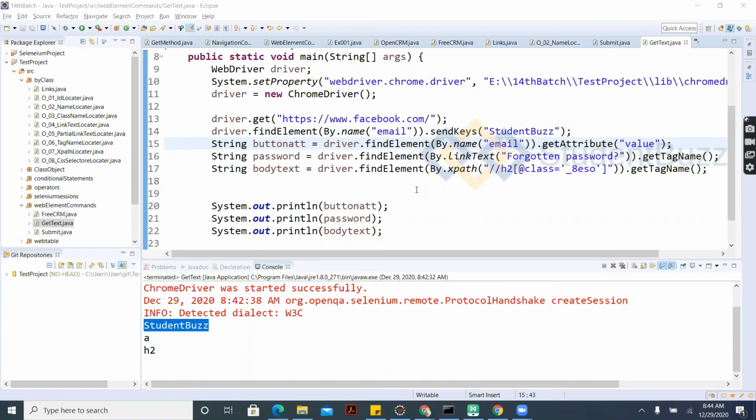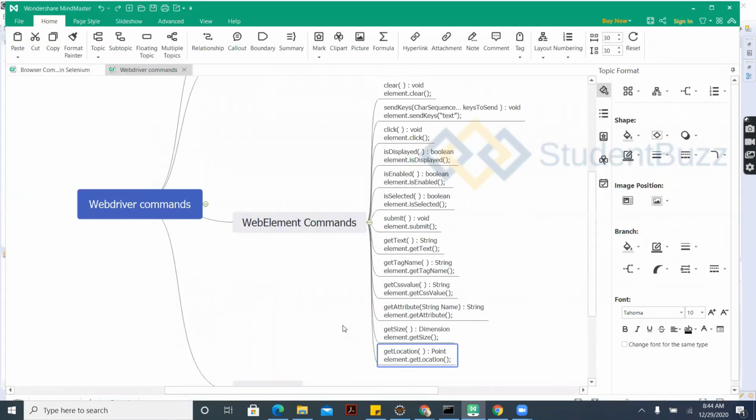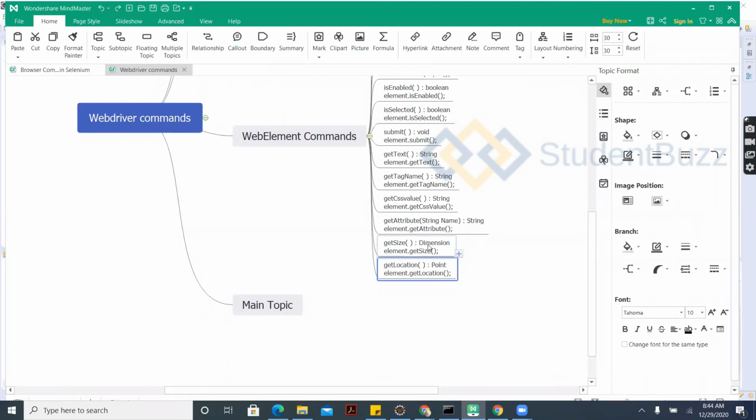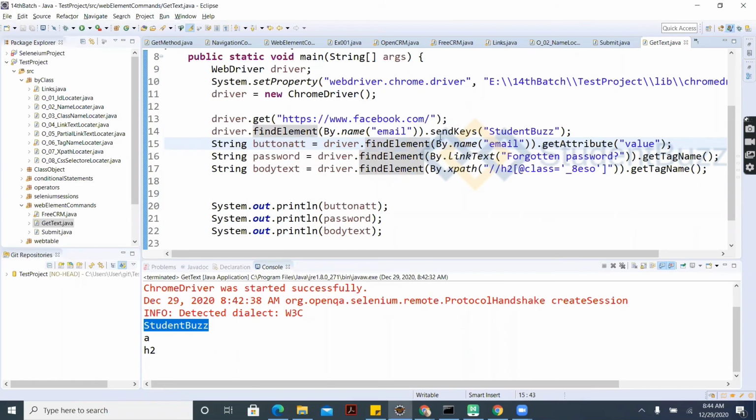What is the return type of get attribute? It is a string. Let's see, the get size is going to return the dimensions of the particular element. Let's see, I'll use this email only.